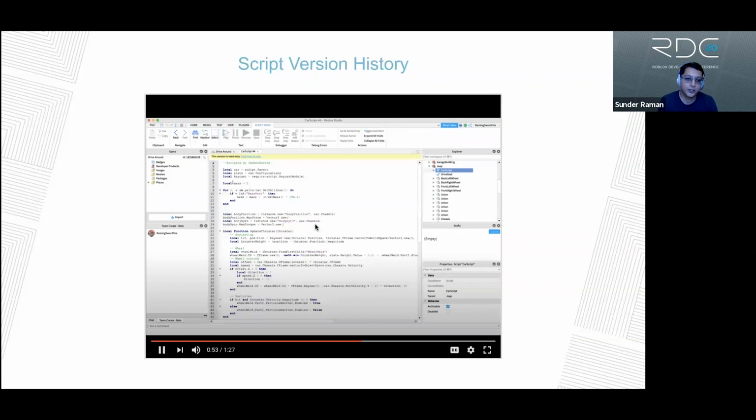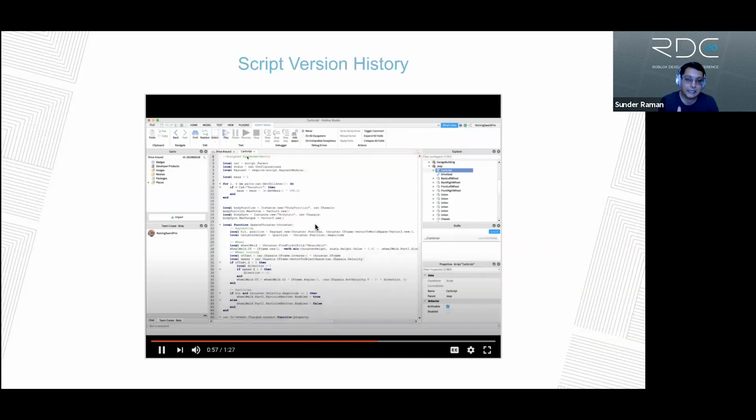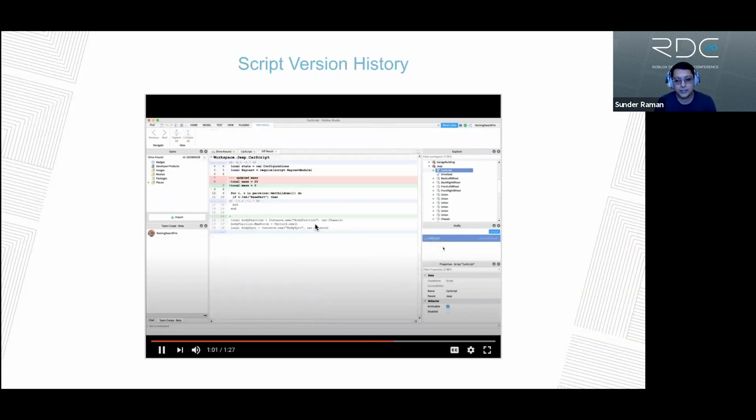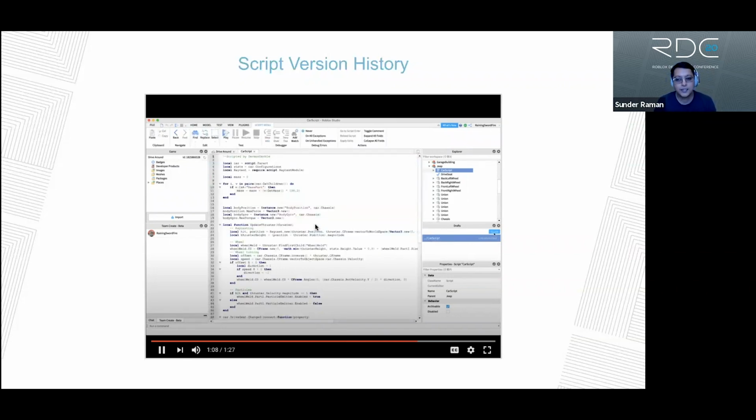So it opens in this read-only mode. You can see that it's version 4. I have this little informational bar with an action I can click, and it'll make it a draft. And you have the usual draft action. So I can compare with the server, see what changed. I can see the mass was updated. Great. I want to go back to this version. So I click commit, and it pops up the commit dialog as I showed before. So this is how you would revert using the version history.